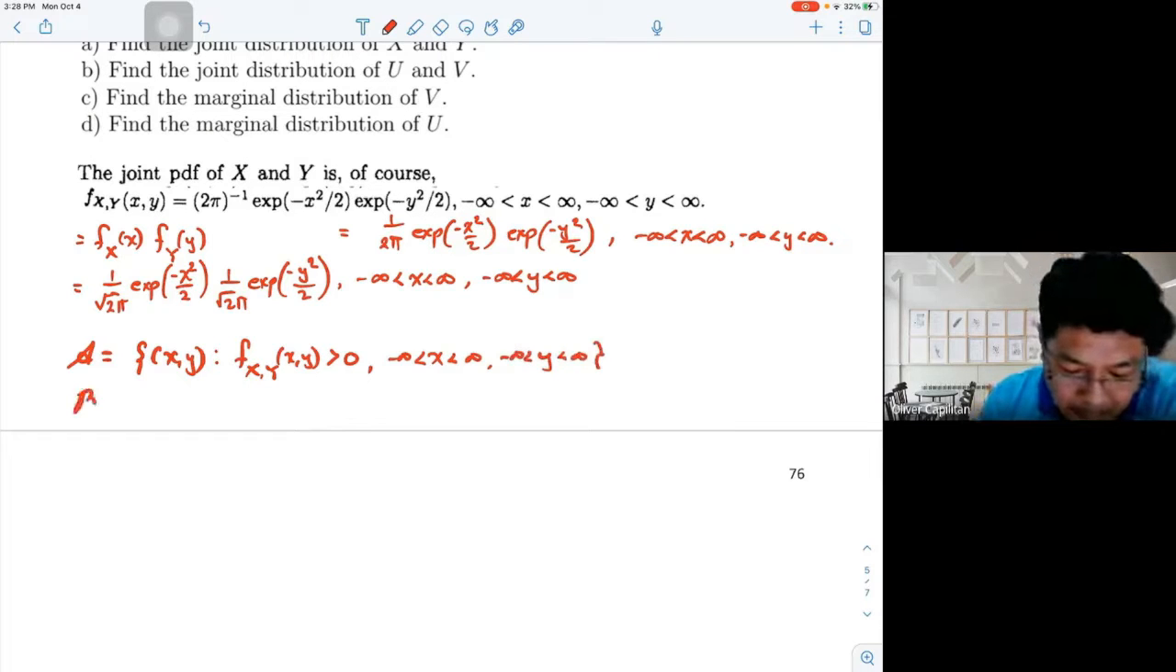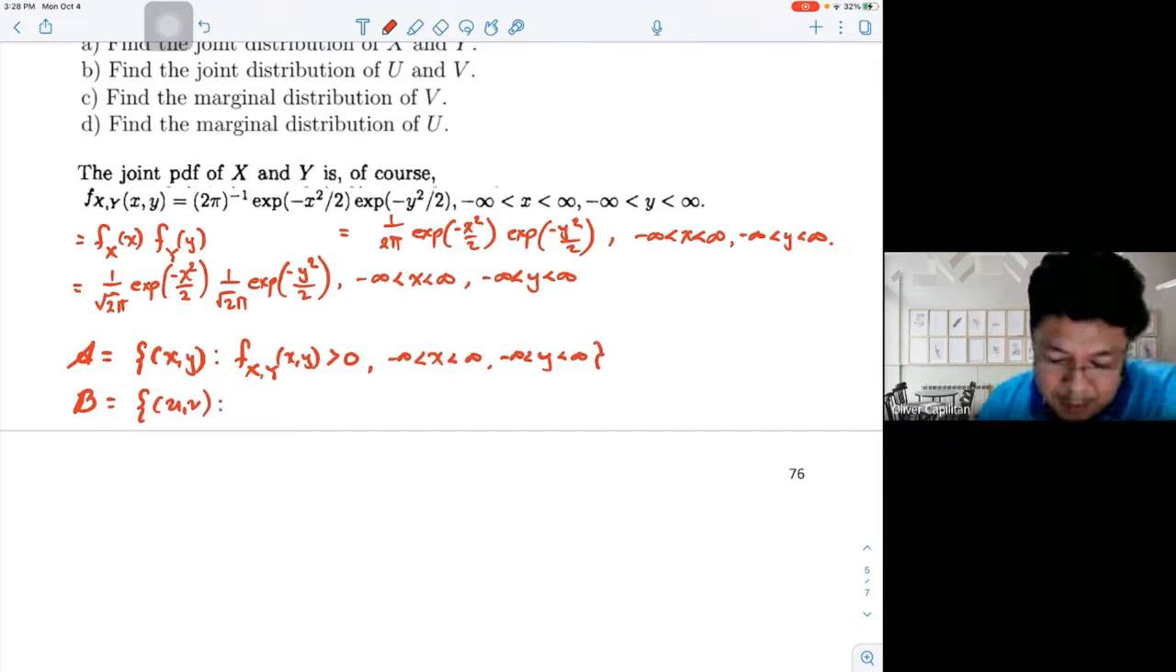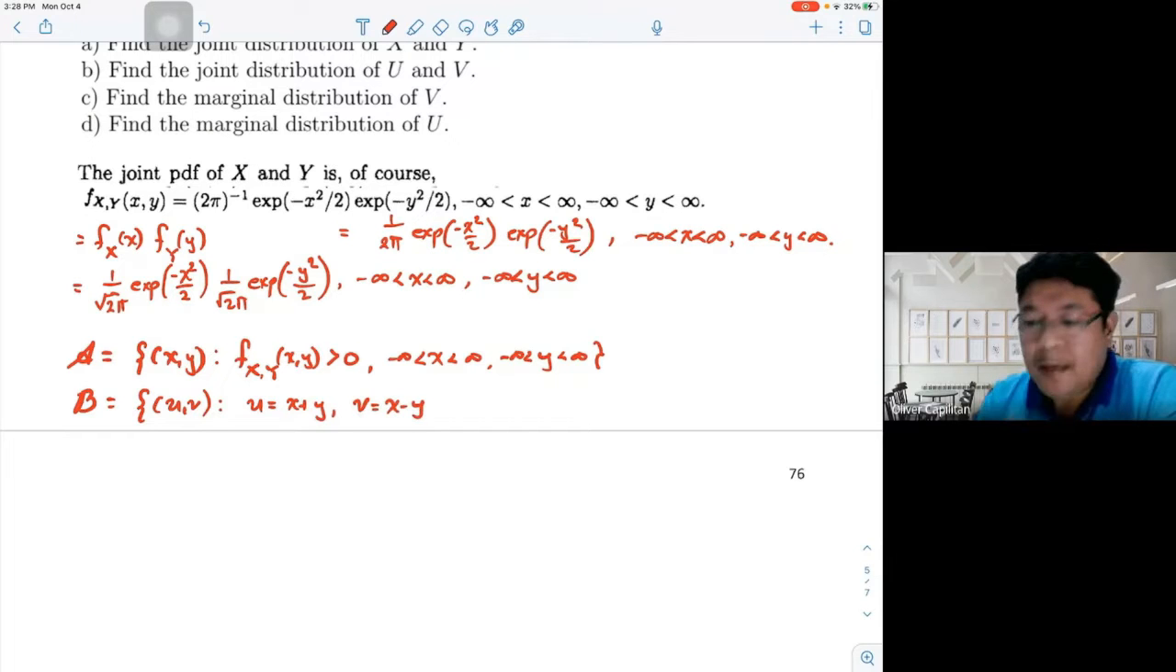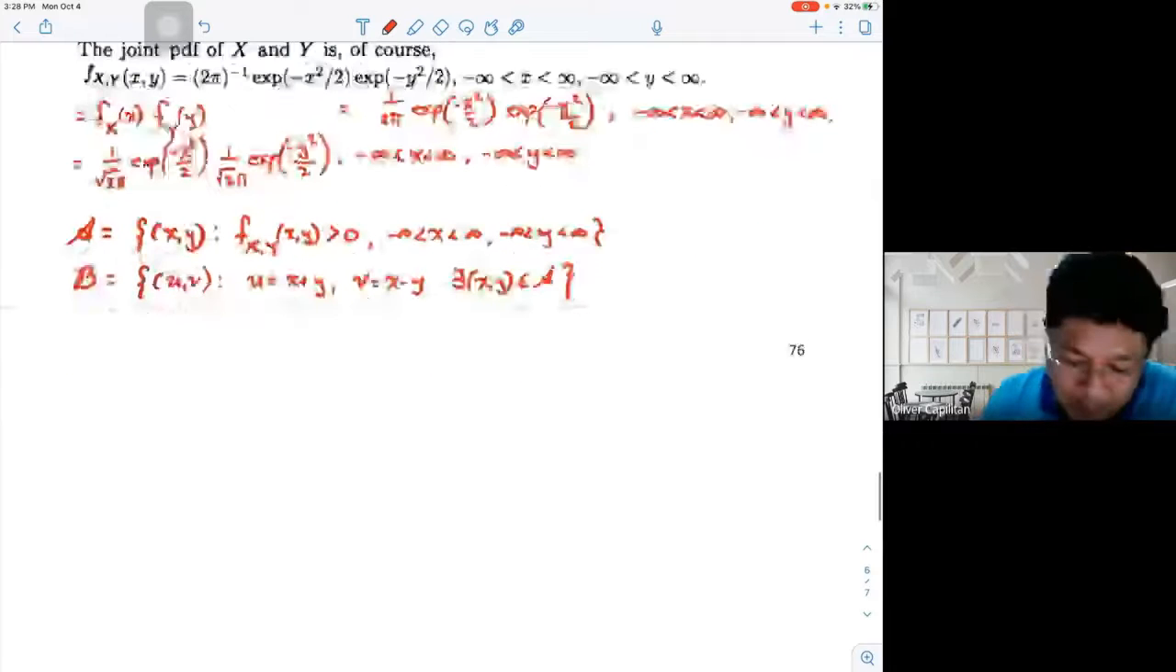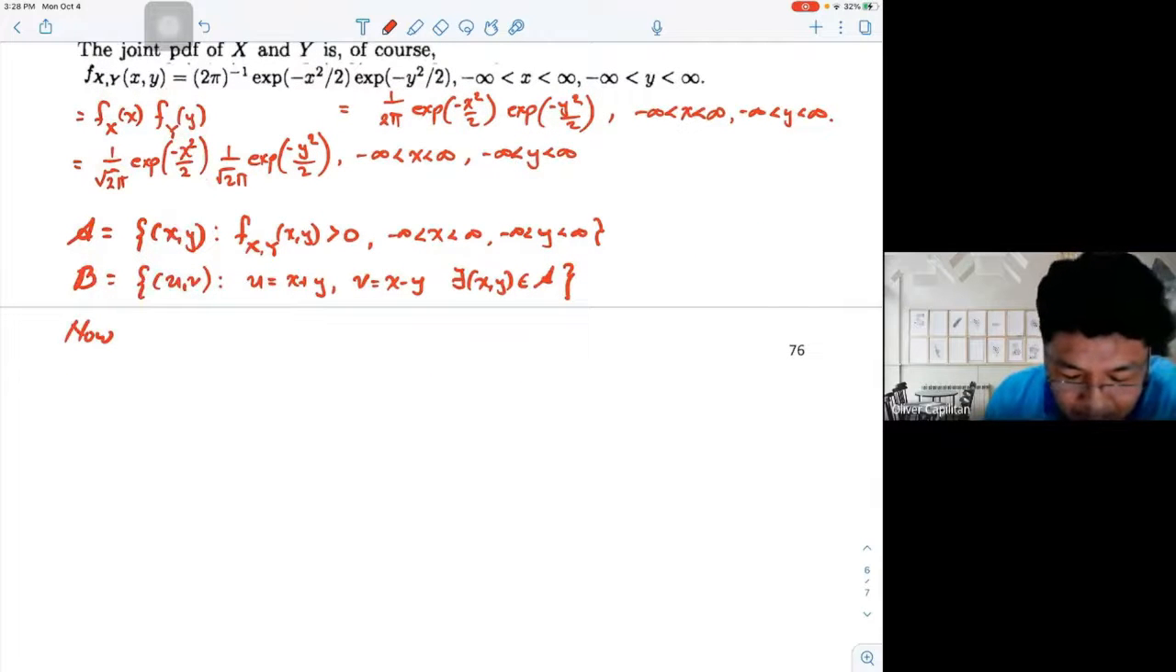Then what about our script B? It is the set of all ordered pairs u, v such that our u is equal to x plus y, and then v is equal to x minus y, for some ordered pair x, y element of script A. It's according to our definition. Now we have this transformation: u is equal to x plus y, v is equal to x minus y. This would imply that our,